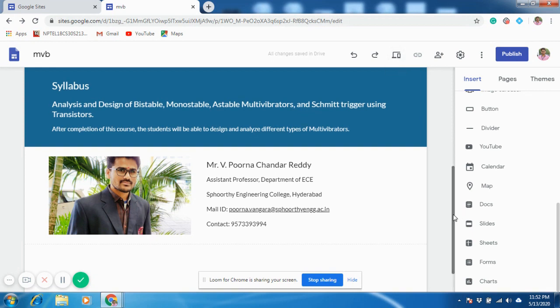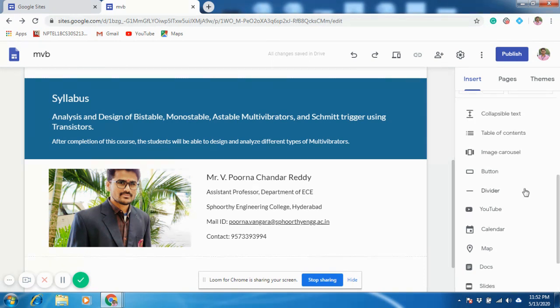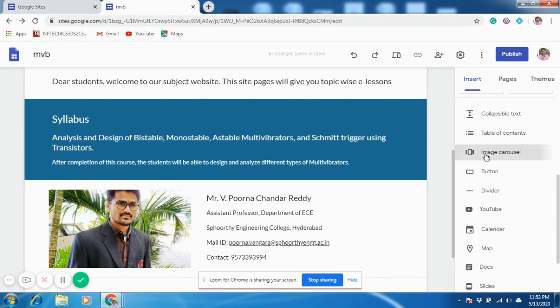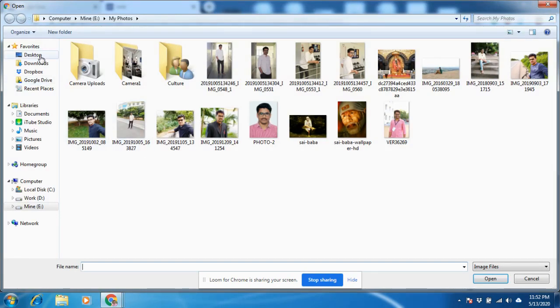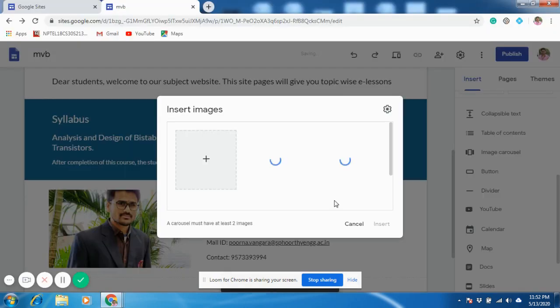But before going to preview, let me add these images. So this is the image floating option, image carousel, image. Click on plus, upload image. Before this, you have to save the images you want to display on the home page as floating images.